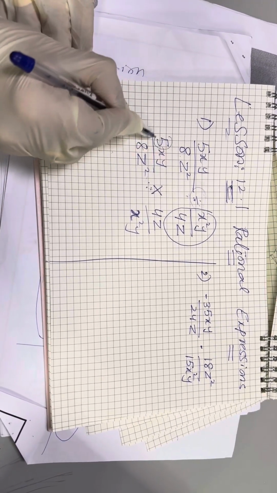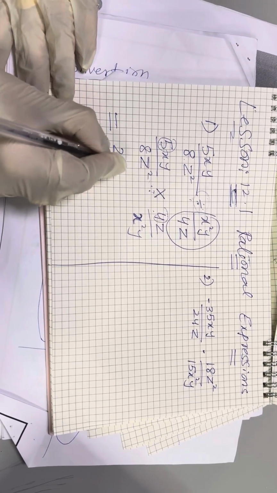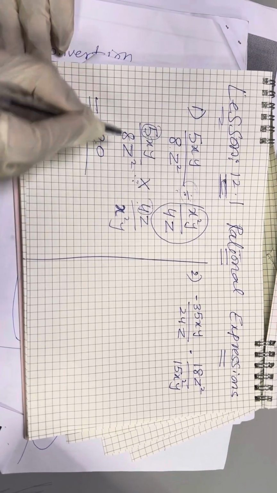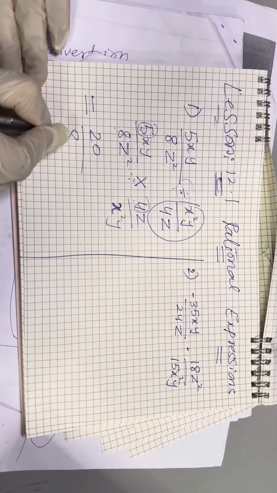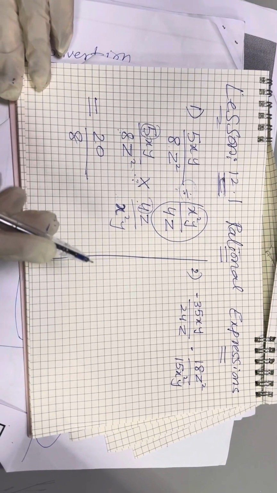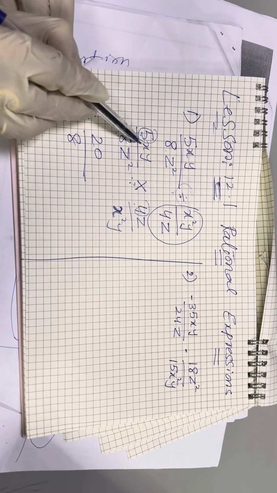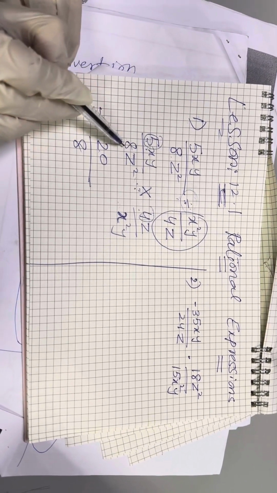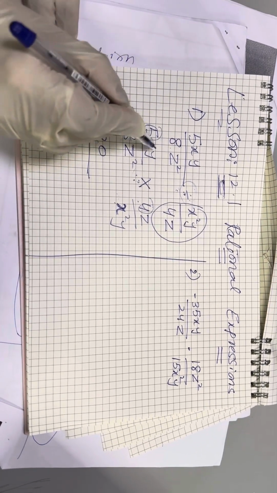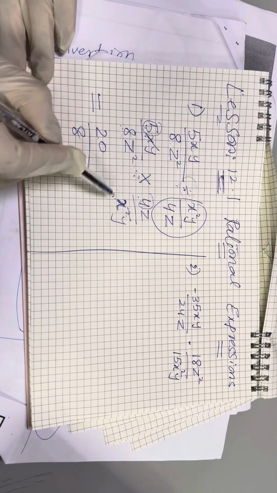Just check the numbers in the numerator. 5 times 4 is 20, and check the numbers in the denominator. Here is 8, here is 1, so 8 times 1 is 8. And now check the variables up and down if you can cancel anything. For example, the first variable is x. How many x do we have here? Only 1. And down we have x power 2, which means 2 x's. So 1 will be cancelled with 1. How much is left? Only 1, which is down.